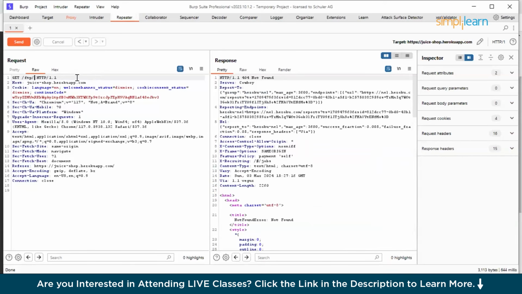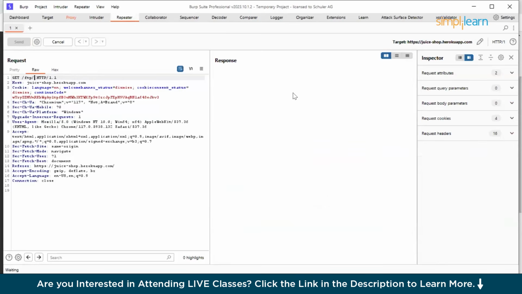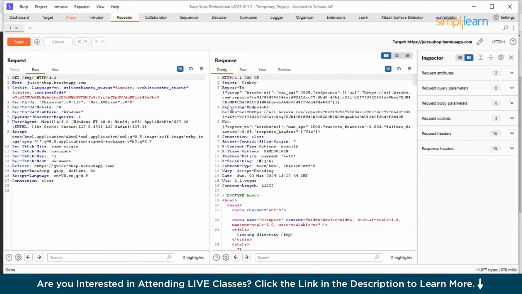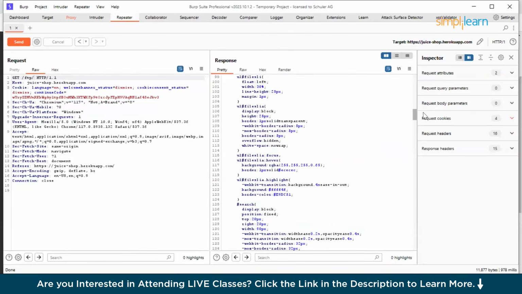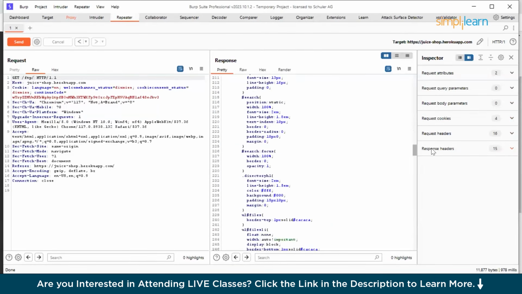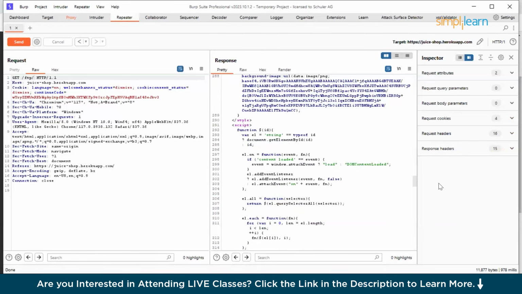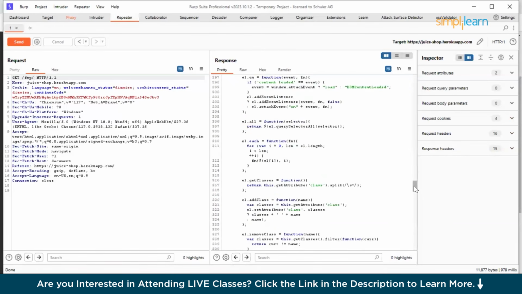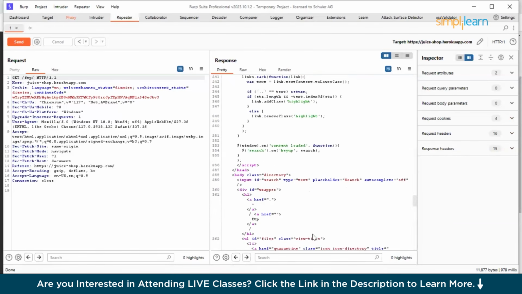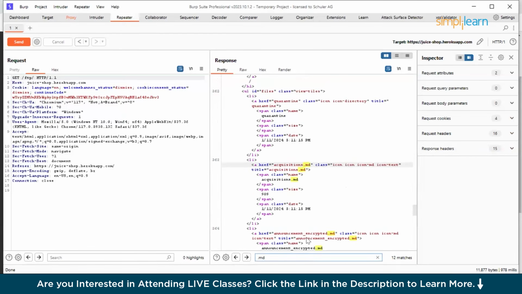Any other file which is using FTP, 200. Okay, so you see, if I search for .md, we have got another file,